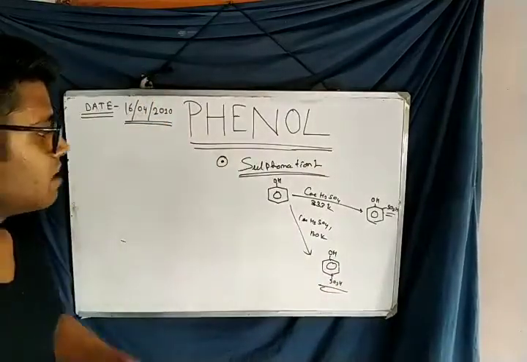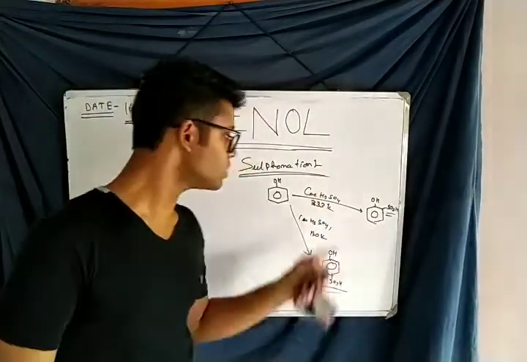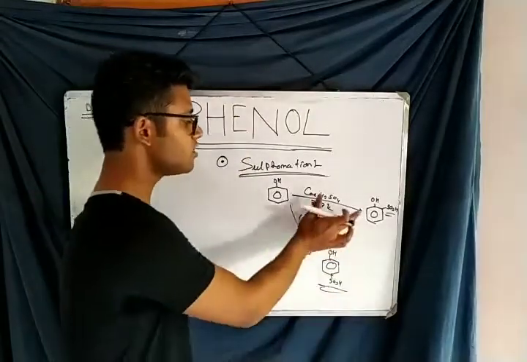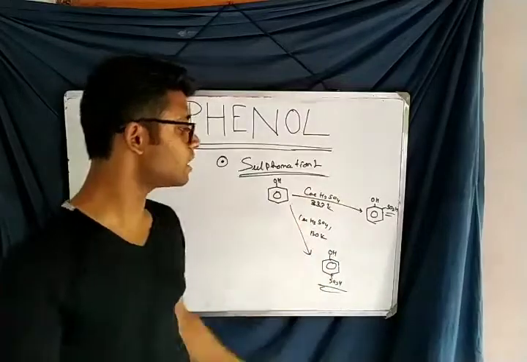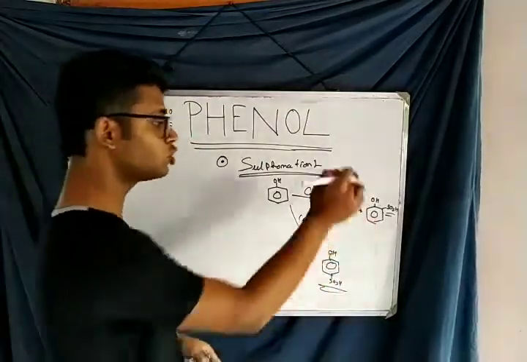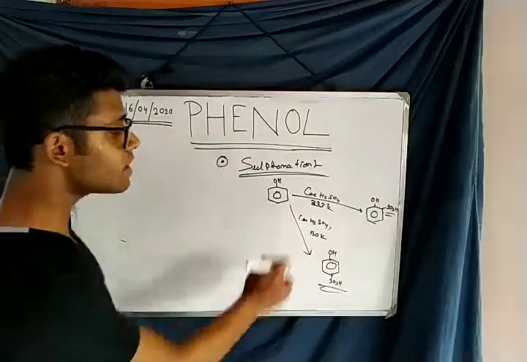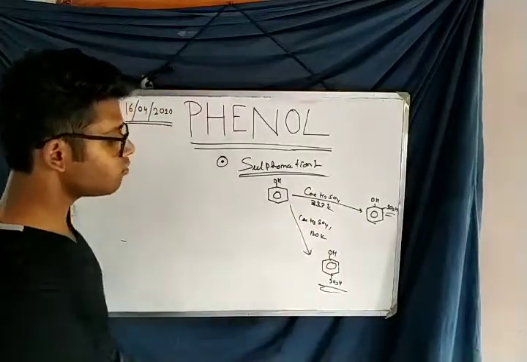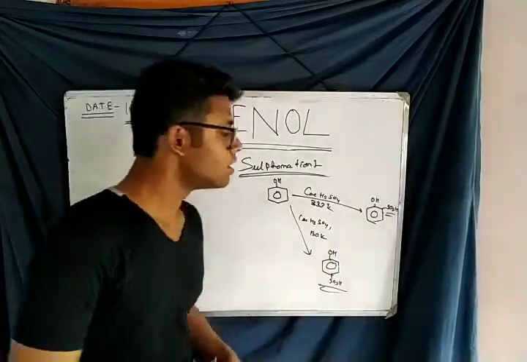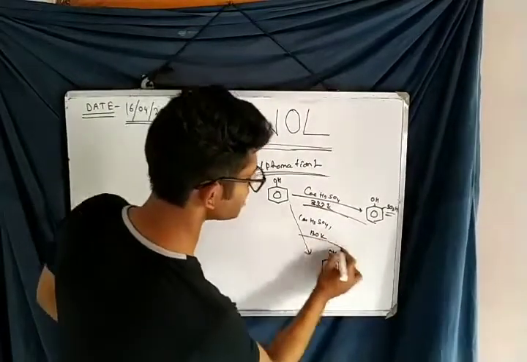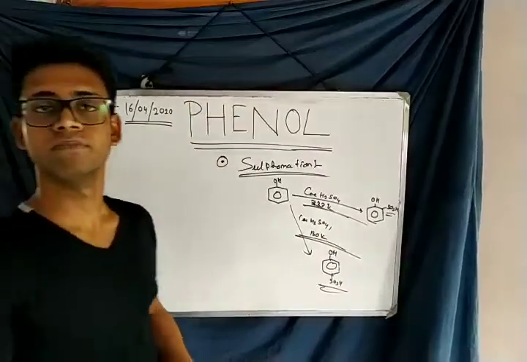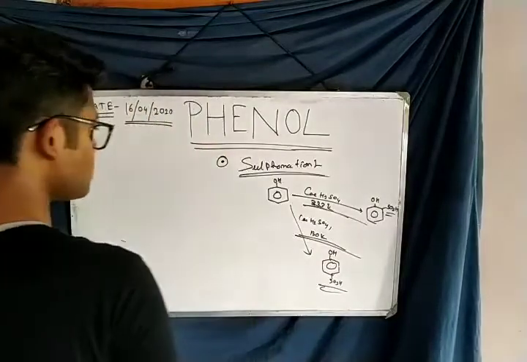So here temperature is very essential in this reaction. Temperature is very essential for the products. If we use high temperature, delta high, the SO3H will attach in the ortho position. And if we use low temperature, delta low, then the product will attach in the para position. So it is the main difference in this reaction. Temperature must be remembered. Very, very essential for this reaction. Okay. So next one is that